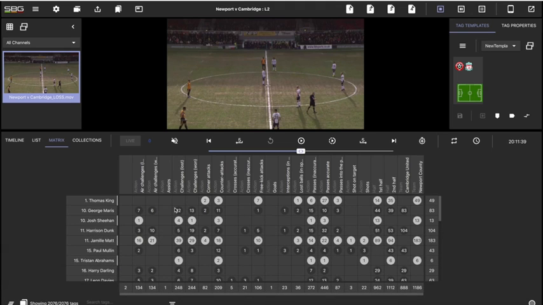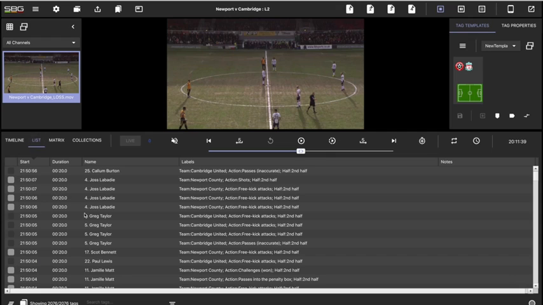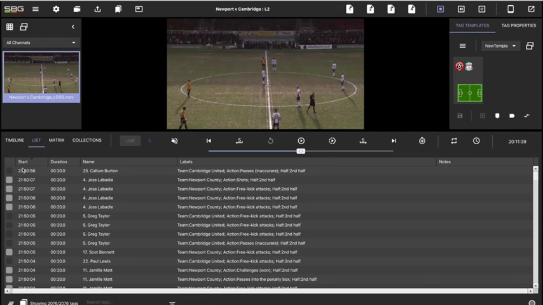You can see the matrix there, and that's the table of the tag buttons on the left hand side and the labels at the top. But it's actually this list that we need in chronological order, from the start of the game to the end of the game and what's actually happened during it. So you've got the name, which is the tag button, and you've got the labels, which are describing the actions that have happened. And they need to be clicked on